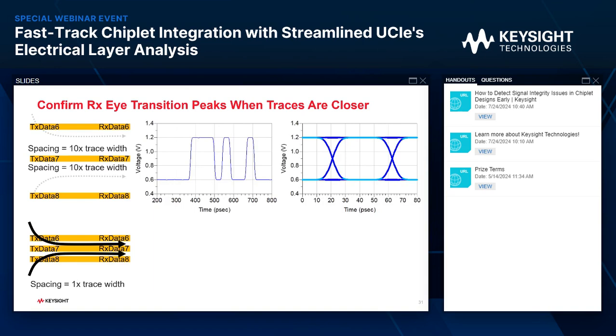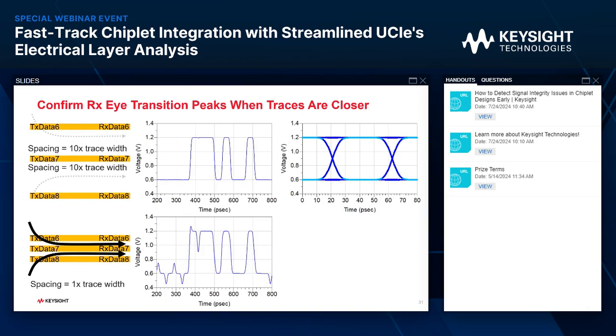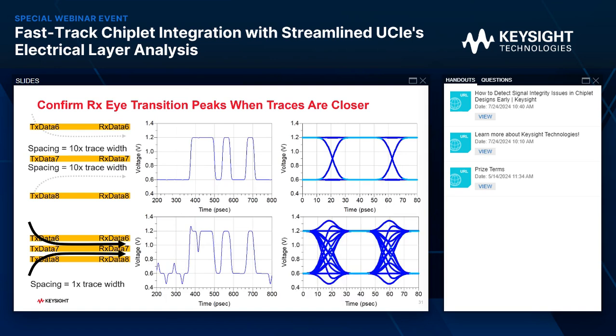Boom. Sure enough, when we bring the traces close, the received waveform is different. If the received waveform is different, that means the received eye will also be different. Now we have learned that these are the result of the far-end crosstalk that's generating those peaks in the eye